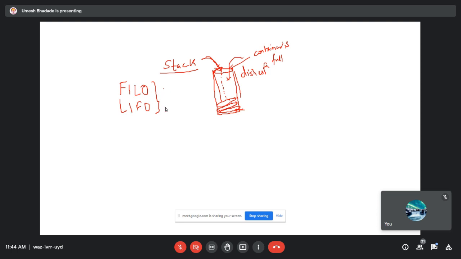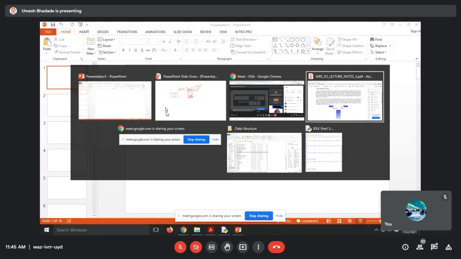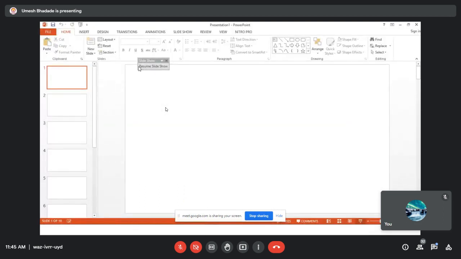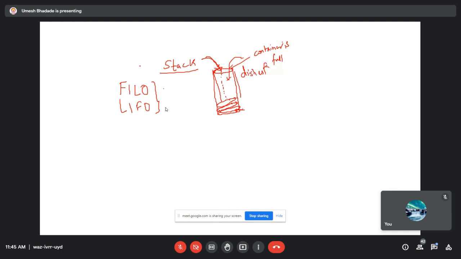Okay. Now, when we think of stack as an abstract data type, what do we mean by abstract data type? We are telling the user what kind of data you can store in the stack and what kind of operations you can perform on the stack, right? Now, as far as C language is concerned,